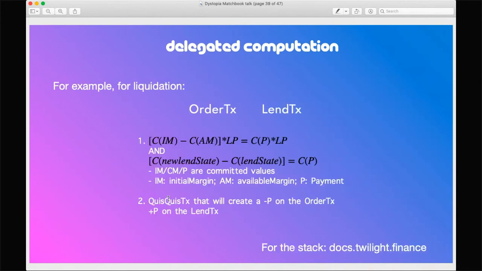One example for this is liquidation. Once we know that the position has gone under, we just put a constraint on it. If you're looking for the stack for this, I'm not going to show it. I'm assuming there's a mixed audience today. So you just put this constraint, and you prove this constraint, and then you create a QuickBooks transaction, and this preserves your anonymity, this preserves your confidentiality, and you're good to go.